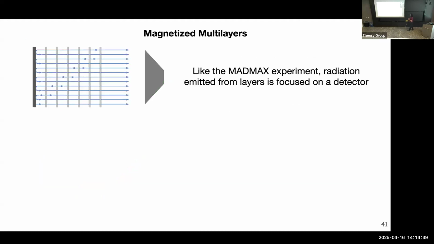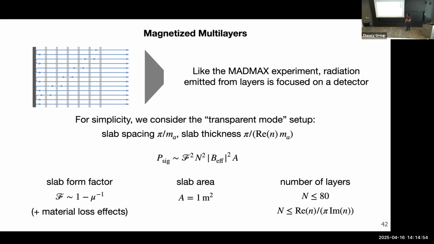And so this is a lot like the MADMAX experiment, if you've heard about that. They probe the axion-photon coupling with a similar idea. They have a lot of layers with tunable separations. And in the end, a lot of radiation comes out of the last layer, and they focus it onto a detector, and that's how they read out the signal power. It's a radiation experiment. Here I'm going to consider only the simplest setup for this, because there's actually a whole science. There are multiple 100-page papers about the way to optimize the thickness of the layers and the spacing. And it's even more complicated here because the permeability depends on frequency. So it's just very complicated to optimize.